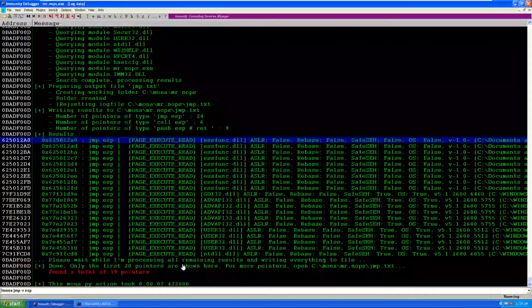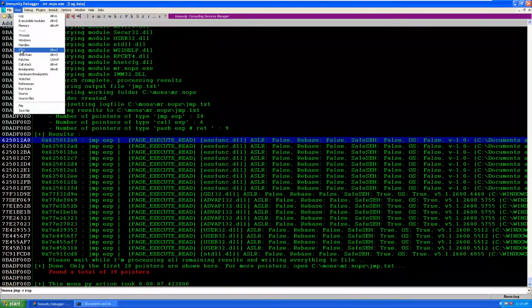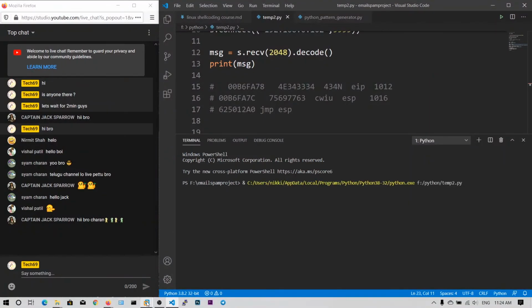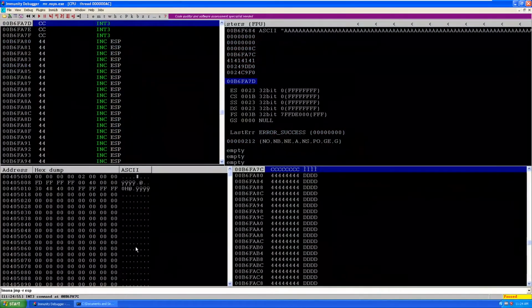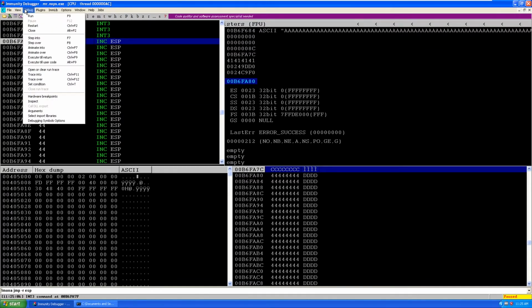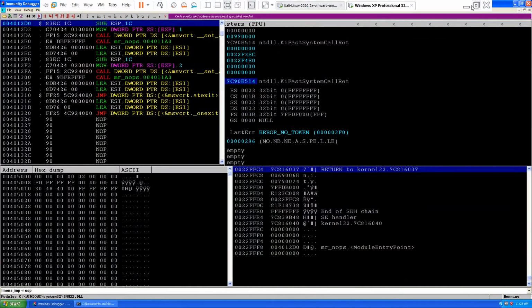Now let me make sure that the program is running. Yes, it's running. Now let's view CPU. Okay, now let's run our Python script, and there you go guys. There you can see the int3 command at this address, and if we step through this we can see the 3 breakpoints and the last breakpoint. So we have successfully controlled the execution.